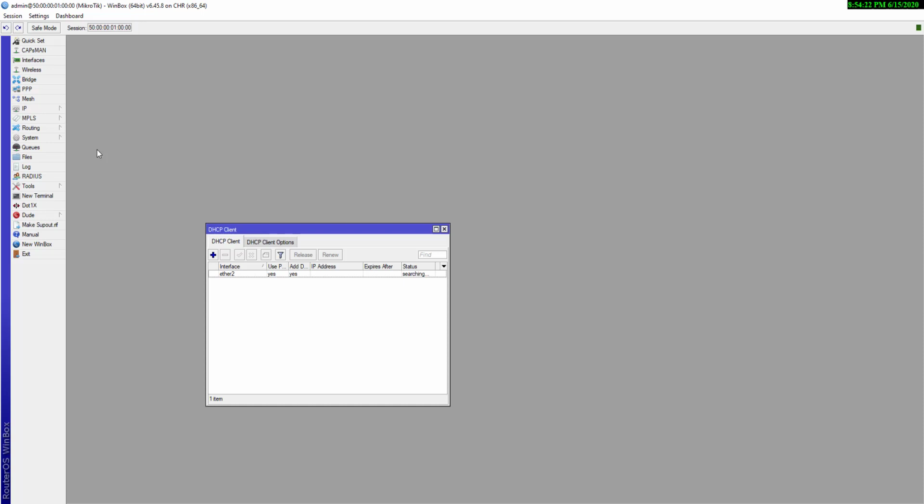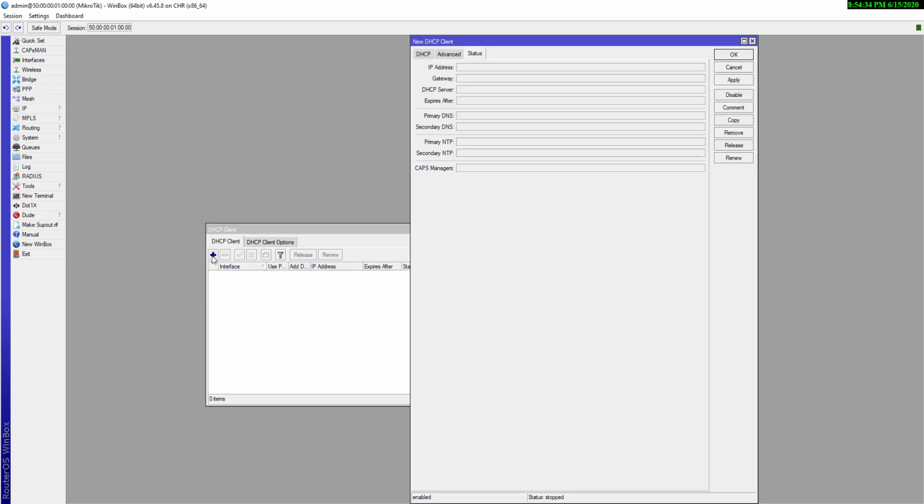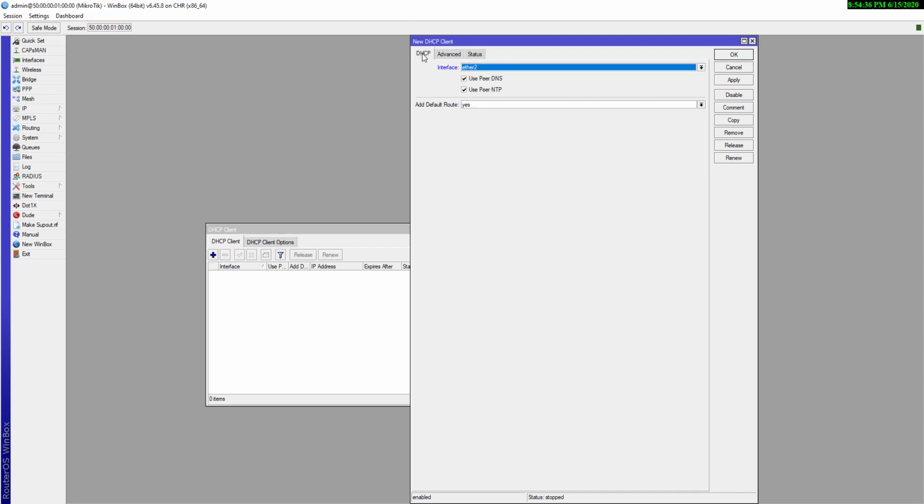So you can understand that here it automatically selected Ethernet 2 as a DHCP client. So I'm going to delete it, and we have to create a DHCP client on the WAN 1 port. Here we have to select WAN 1 and apply and OK.